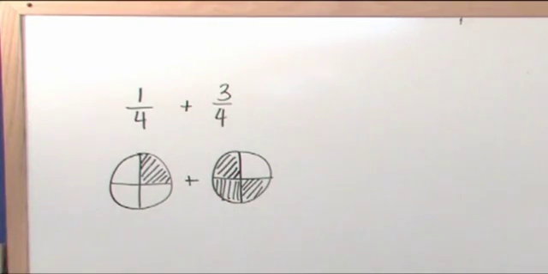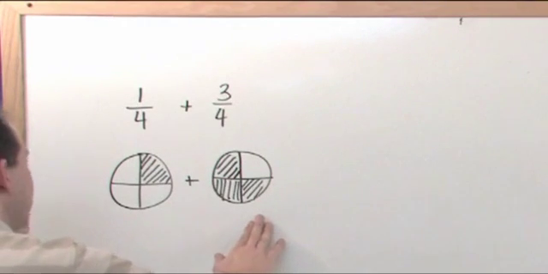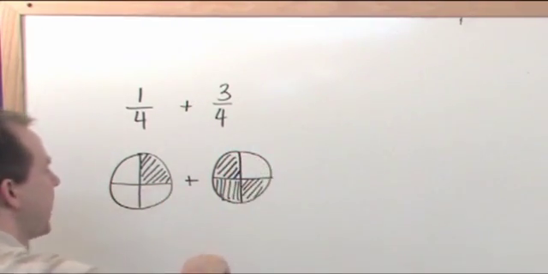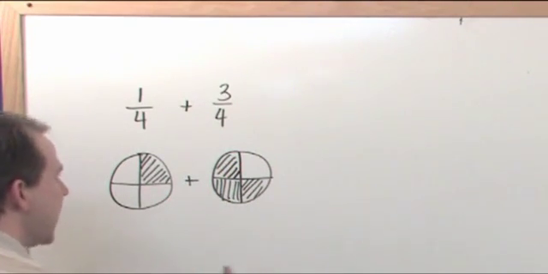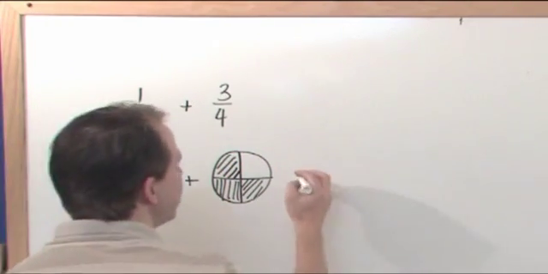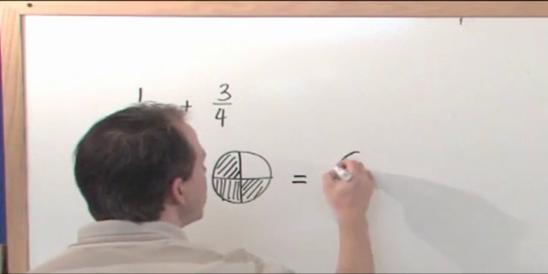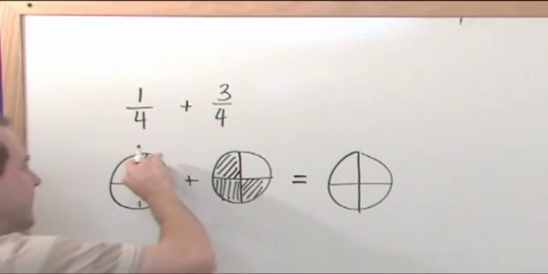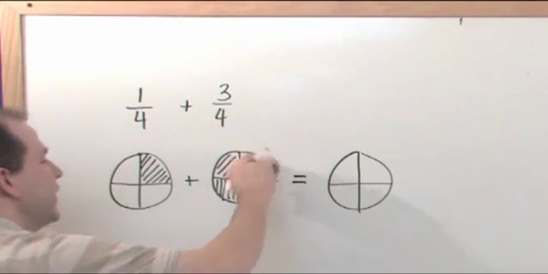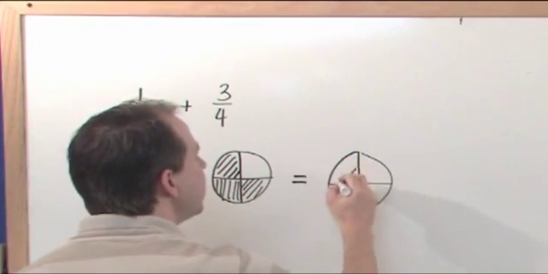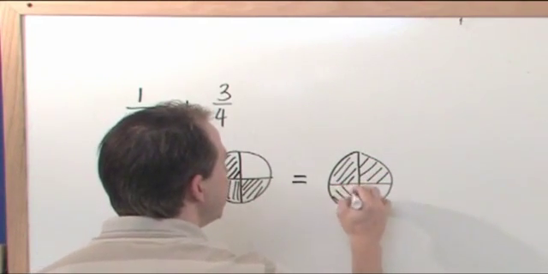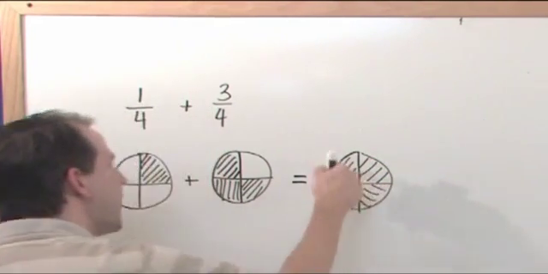So I think you can see by pictures, okay, that if I have 1/4 of a pie and I add it to 3/4 of a pie, I'm going to have 1 pie total, okay? Because just in pictures, without any math at all, when you do this, I could just take this one piece of pie and stick it right in here, and then I'm going to have a whole pie. So I would have this piece, and this piece, and this piece here, and this piece here. I would have 4 pieces